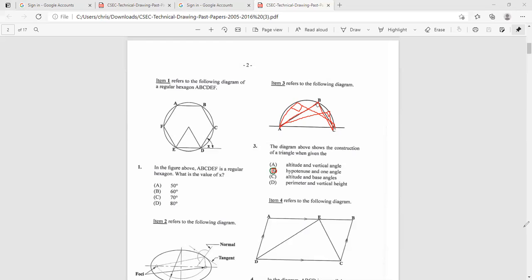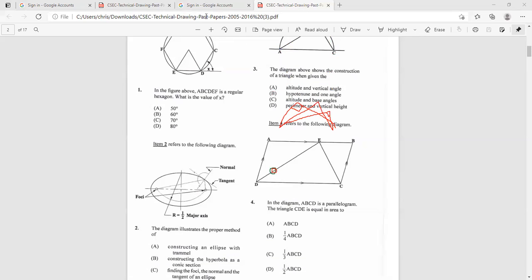Next one. Probably I should just give the answer and not explain too much because we're not going to have much time. Now, in the diagram ABCD is a parallelogram. The triangle ADE is equal in area to half of ABCD. So this is a triangle,